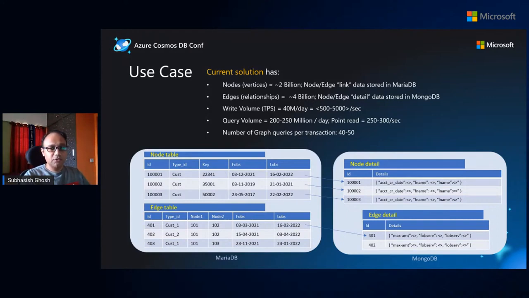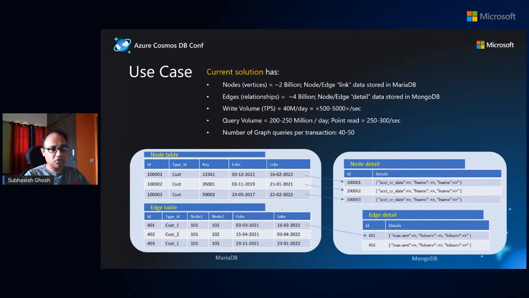For this particular use case, initially the customer had built a solution involving traditional RDBMS databases. When you build a graph solution on top of that, we call it an RDBMS-based graph solution. They used a schema, for which I've taken a representational image, that we call a link table design approach. Let me share some of the very important numbers related to the use case so that you have an idea of